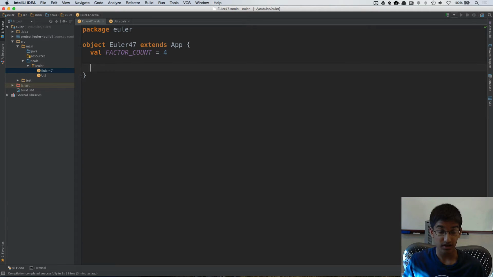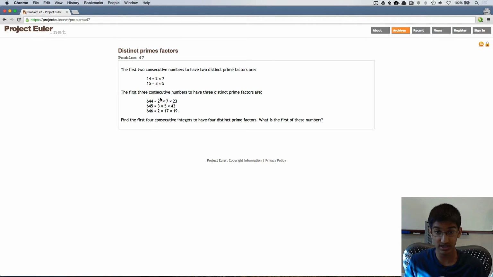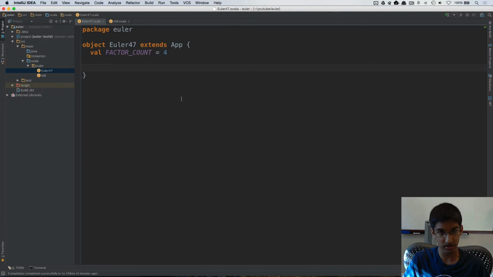Given all of the numbers with four distinct prime factors, we need to find a cluster of four of those numbers such that those four are also numerically consecutive. So what we want to do here is first calculate all of the numbers which have four